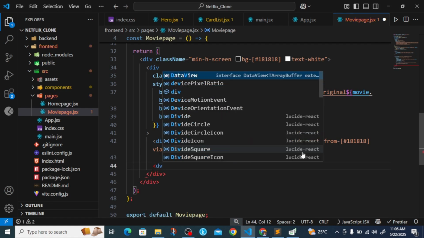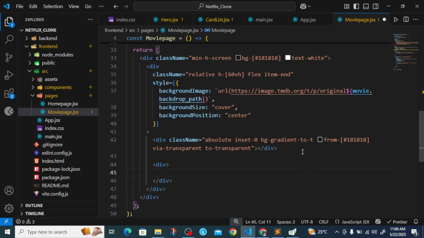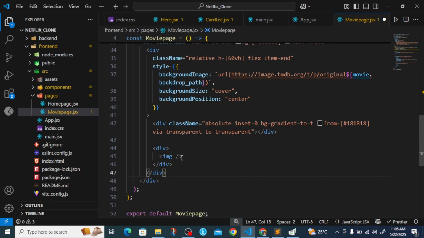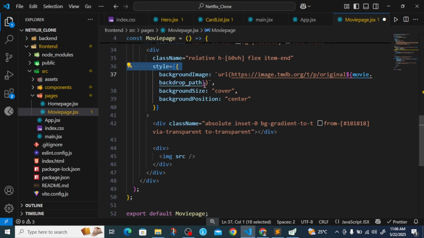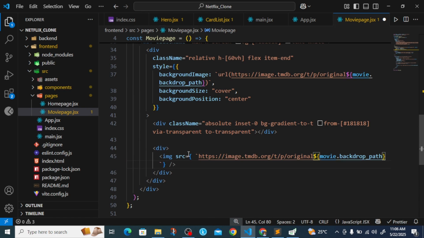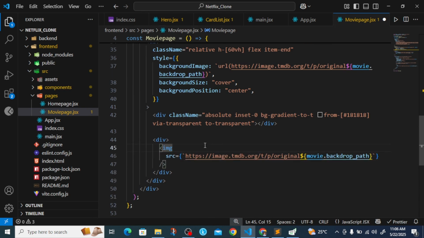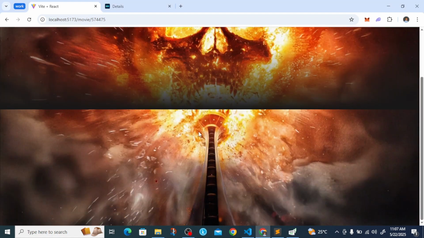So we'll create another div here, and this div will have an image tag, and this image is going to have a source of, let me copy that same background image here, a source of that, just like this. You save this, and yeah, we have this image here. Okay, now